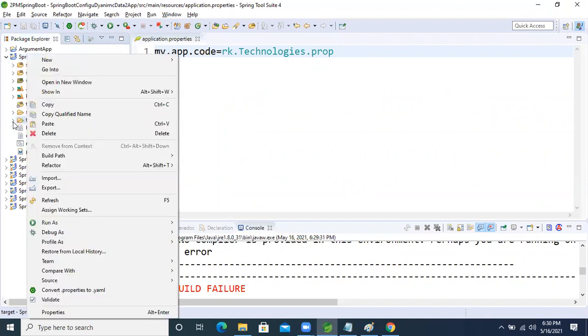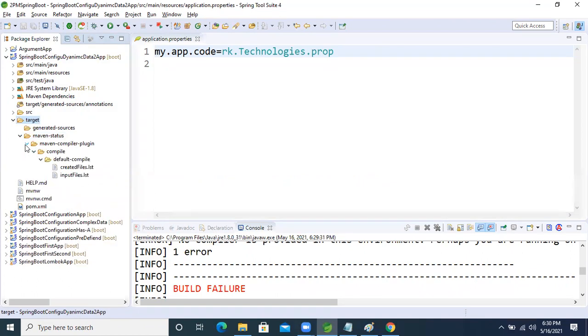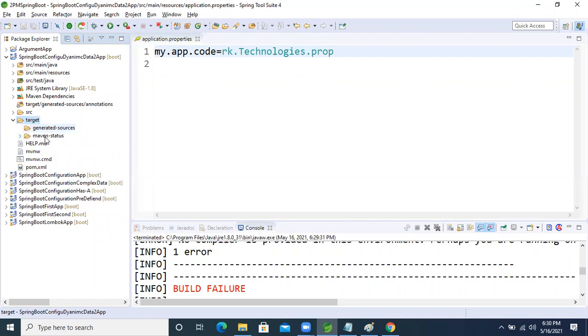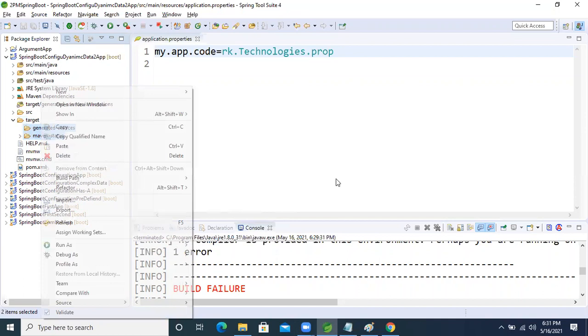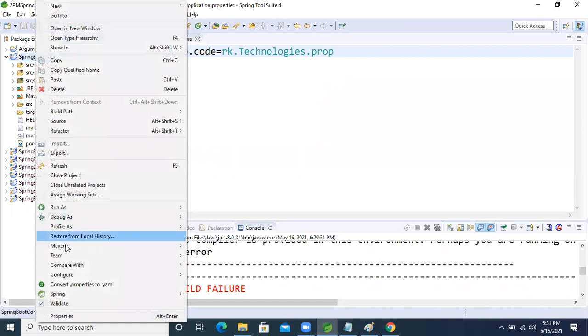Now the target folder, Maven compiler plugin. Okay, correct, correct. Now delete. Okay, I'm deleting the target. Okay, now right click Maven.